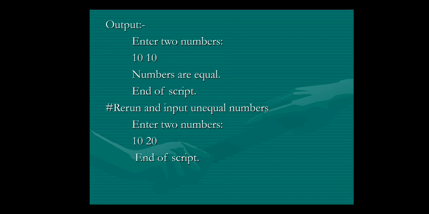Here we can see the output of this program. We have taken two numbers, 10 and 10, from the user, and since they are both equal, the expression of the if statement becomes true and the message that the numbers are equal got printed. You can also type and run this program on your desktop or laptop, and check the output by giving the same number and different numbers as input.